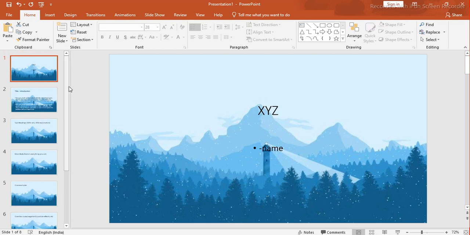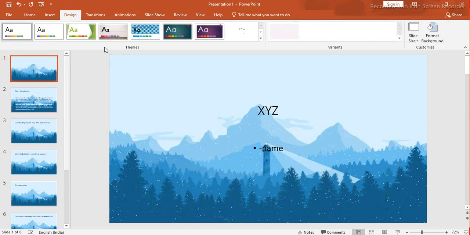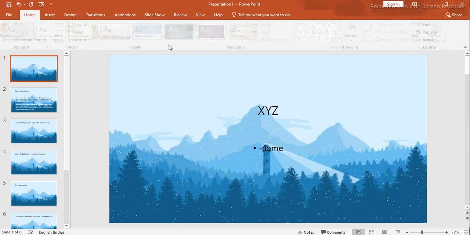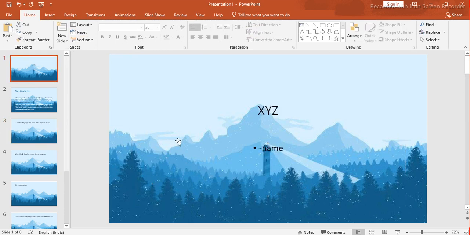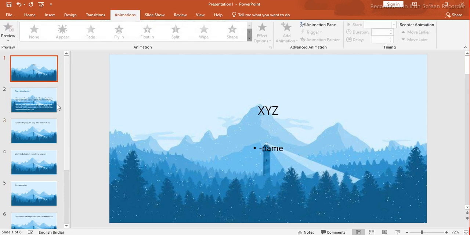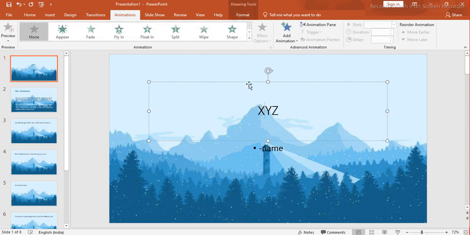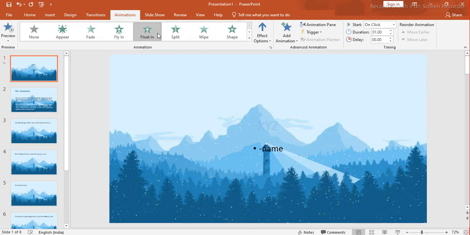Now we will look at how you can make the PPT more interesting, or how you can add animations, transitions, how you can design your PPT and all those stuff. So the first thing you are going to focus on is animations a lot. So instead of simply making this PPT look like this, what you can do is have it float in,